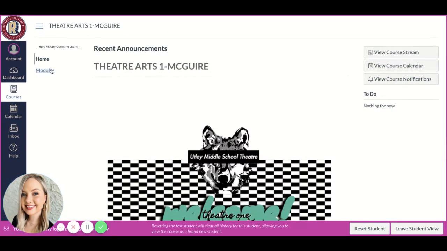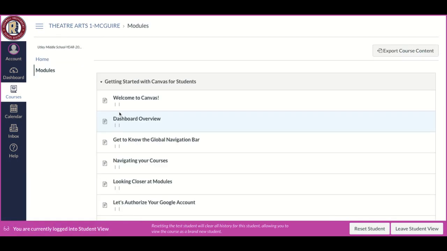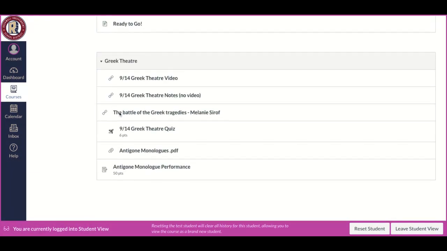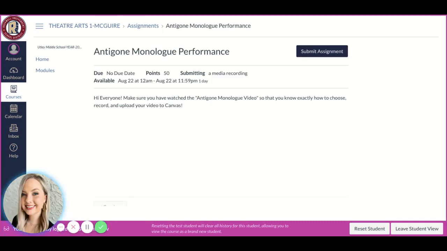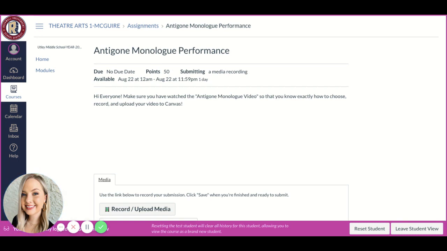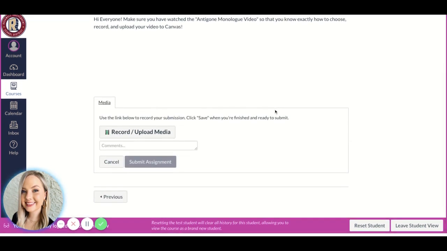I'm going to go over here to modules. I'm going to scroll down and find the current module that we're in, which is Greek theater, and then I'm going to click here on Antigone monologue performance. That will open up this box, and it says submitting a media recording. So all you have to do is click submit assignment and then scroll down,